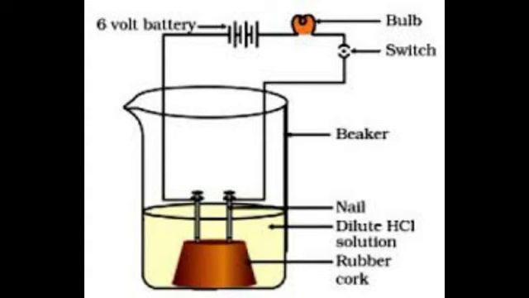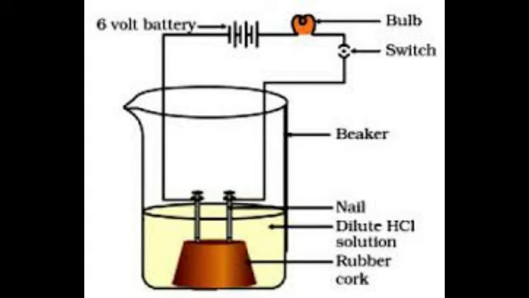So is an alcoholic solution helping us conduct electricity? No. The alcohol solution in water does not conduct electricity, because of which the bulb just does not glow. Now let us take a different solution. Let us take glucose. Now this glucose solution is placed inside the beaker, and now the switch is turned on. We will observe that even the glucose solution in water will not conduct electricity, because of which the bulb will not glow.